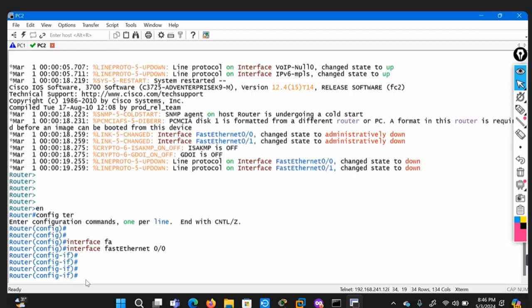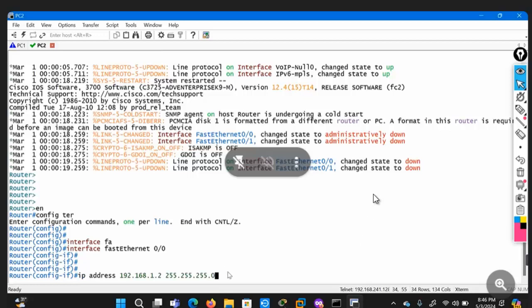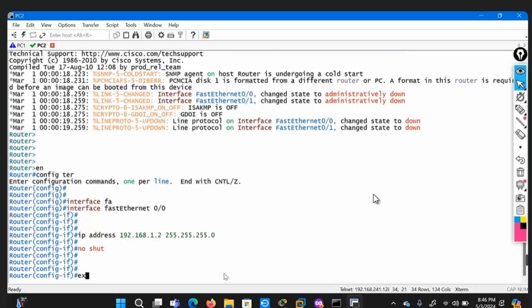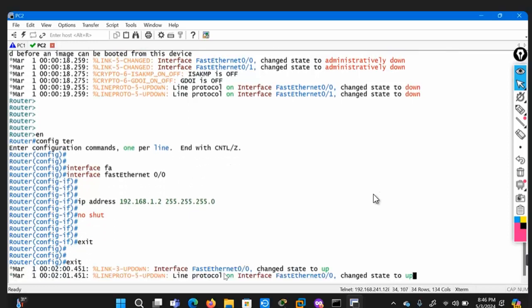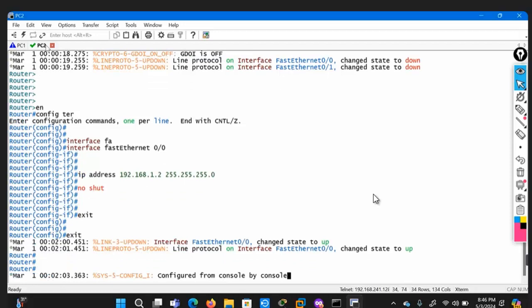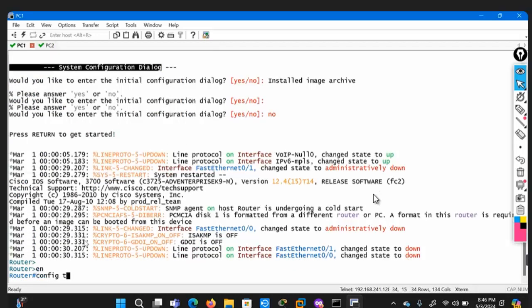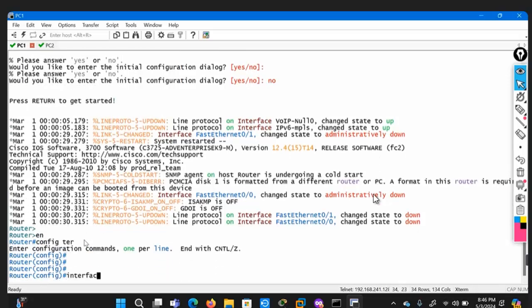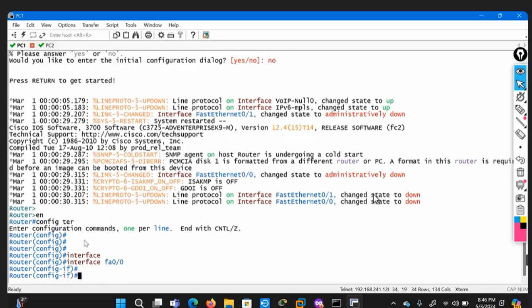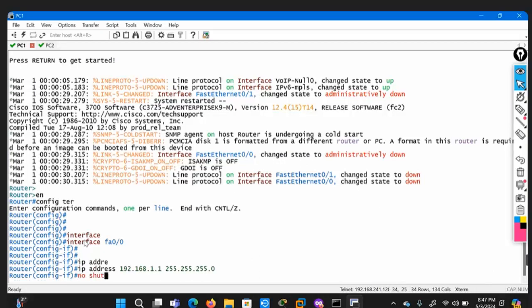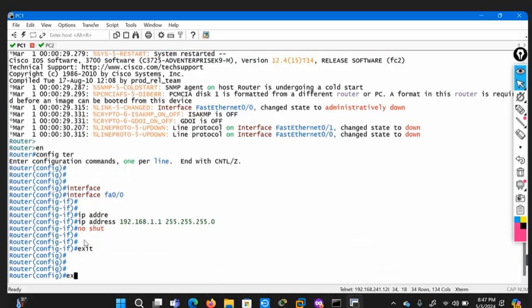So over here we are going to assign this IP address, right? You don't need to memorize this command. This is the simple command used to assign the IP address on a switch or router. Enable, configure terminal, interface FastEthernet 0/0, ip address 192.168.1.1 255.255.255.0 and no shutdown. So this is the simple command used to assign the IP address on the interface.